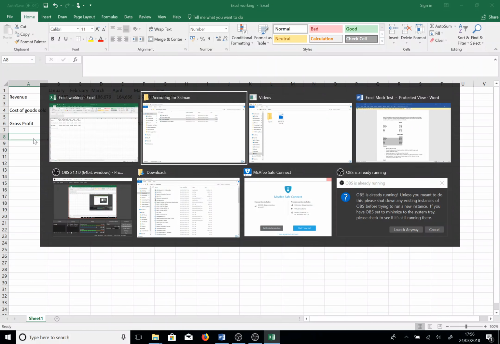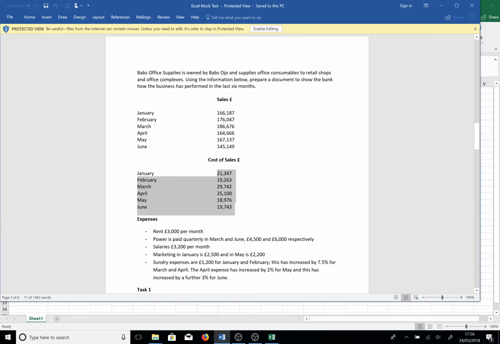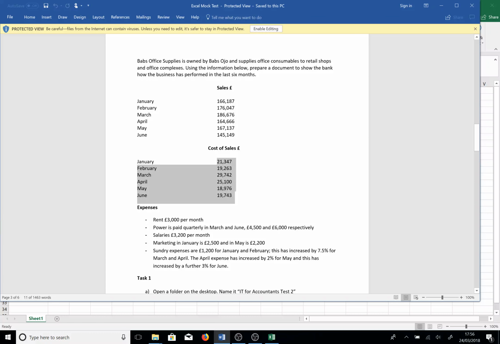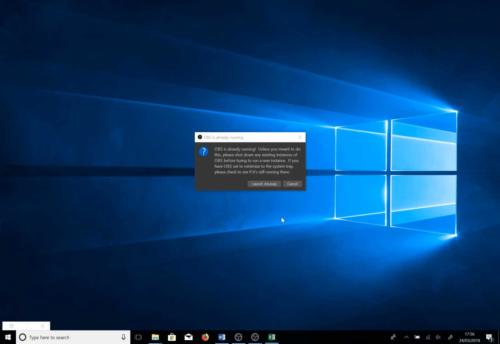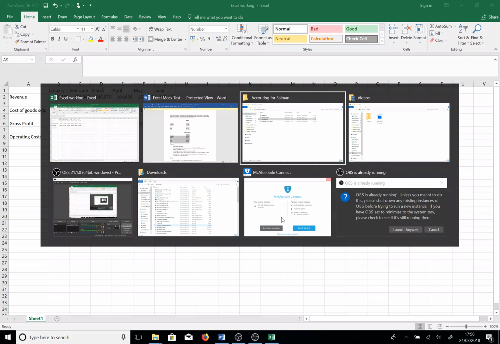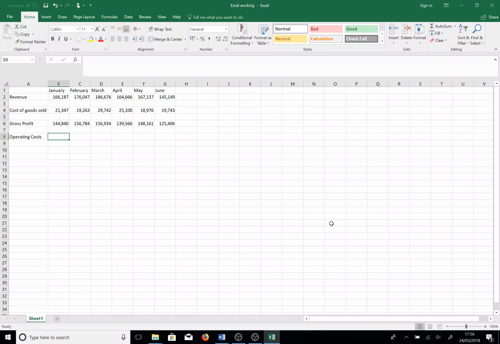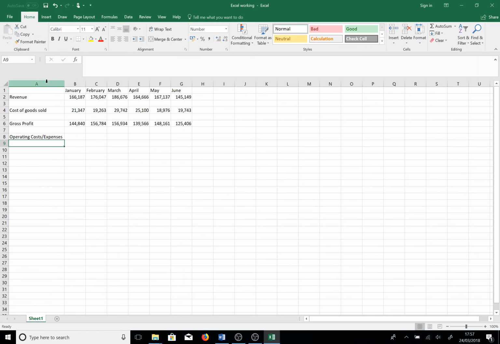Okay, so then we've got rent per month. What he's saying, expenses, you can call it expenses or you can call it other or operating costs, yeah? The reason I call it operating costs is because once you take these additional costs from your gross profit, you get your operating profit, right? So I'll put it like that as both. You'll probably want it to be called expenses, so call it expenses. The technical term is actually